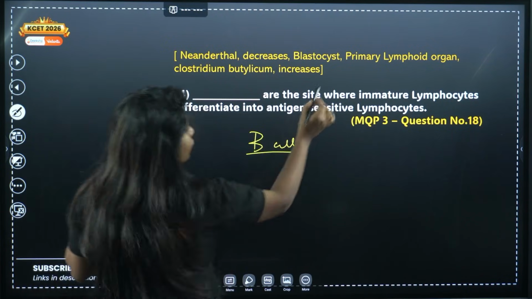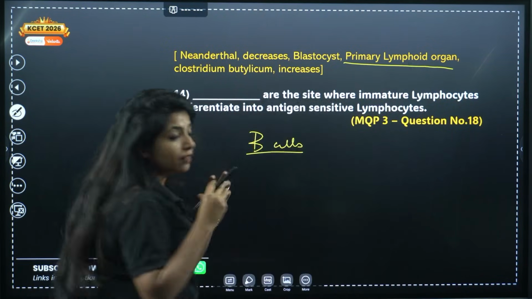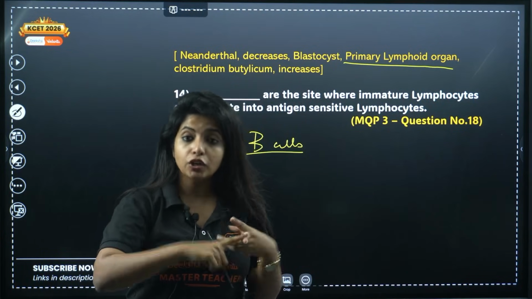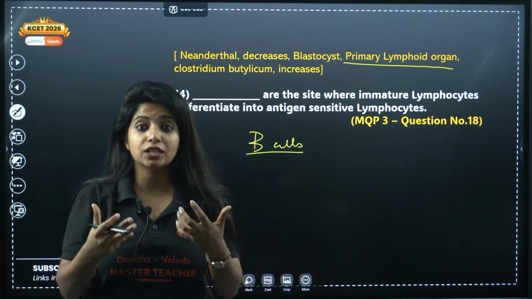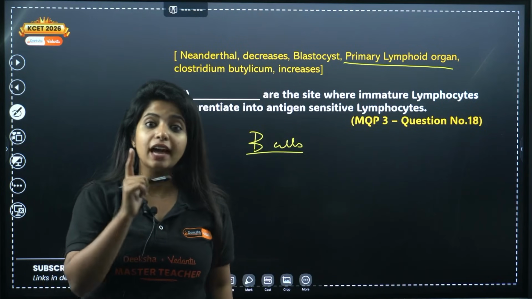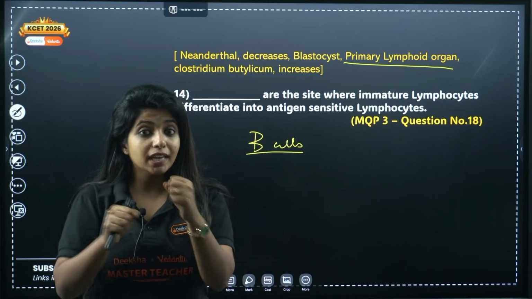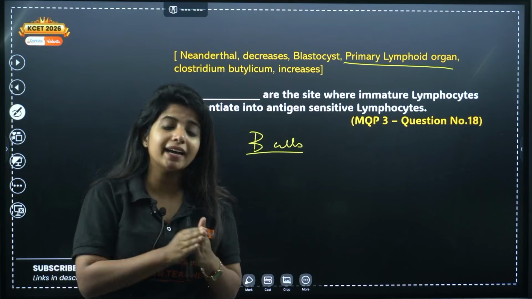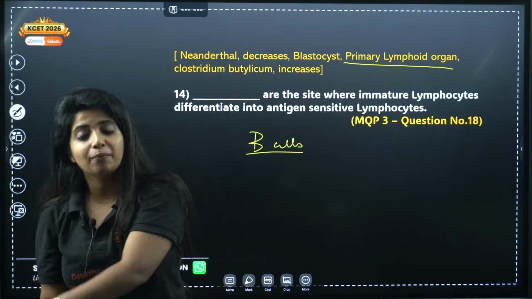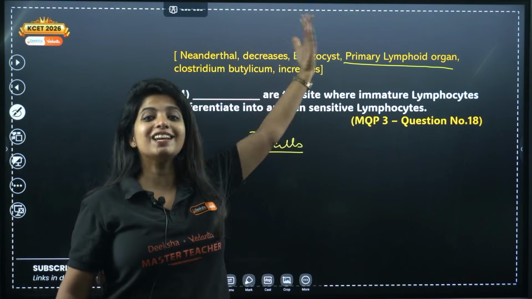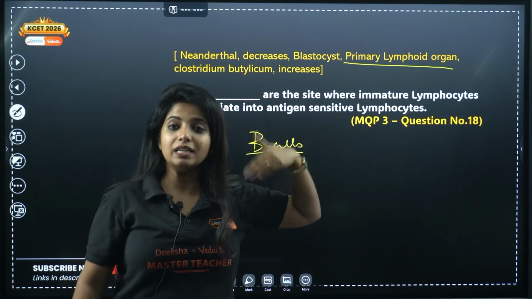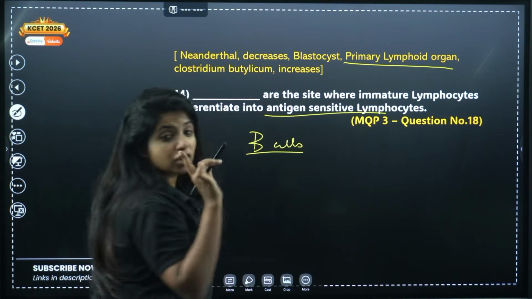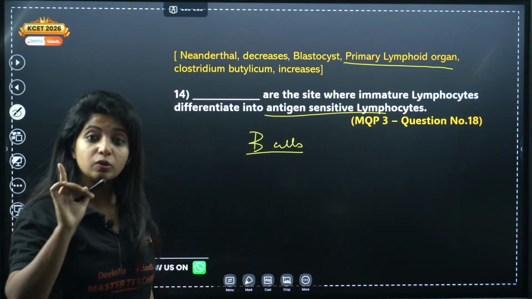So primary lymphoid organs are the place where the lymphocytes are produced and get matured to become antigen sensitive. They will know that this is the antigen they have to react to. But they don't start doing the action here. Always remember, they do not do distribution over here. For that, they have to travel to the next type of organs, which are known as secondary lymphoid organs. Over here, they just become antigen sensitive. This is also a very important question.